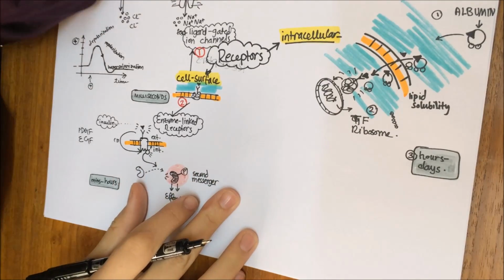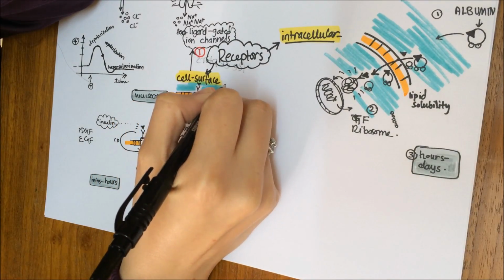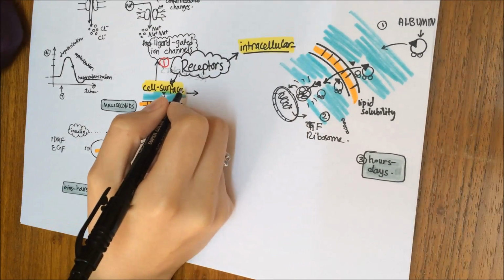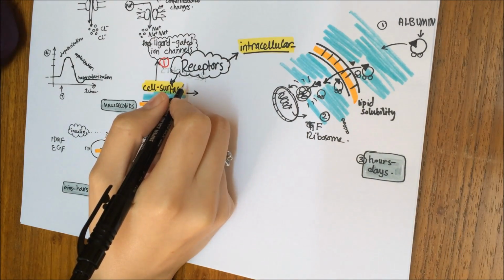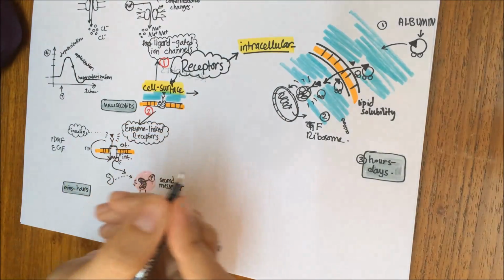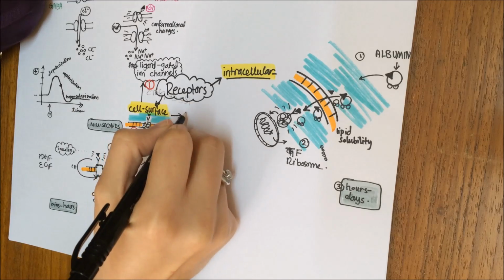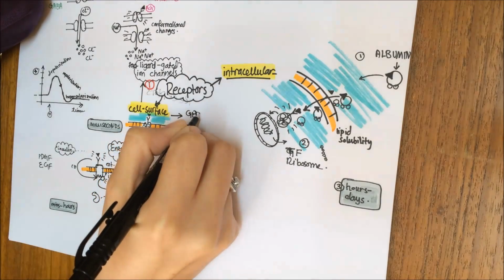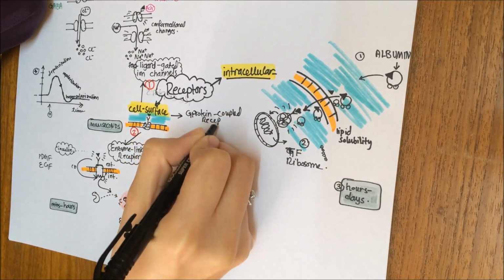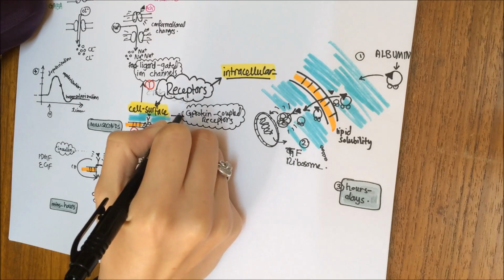Okay, now the last and third example of the cell surface receptors is a very important one. It might be the most important one. I think it is the broadest, the most abundant, and the most therapeutically used target receptors. It is the G protein coupled receptors. So from its name, there is something we call a G protein, and this G protein is coupled with